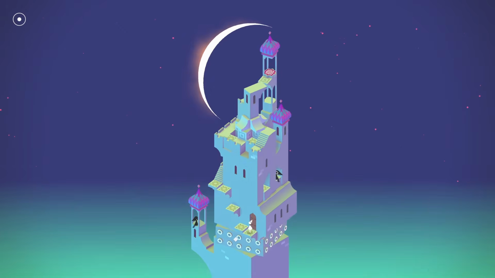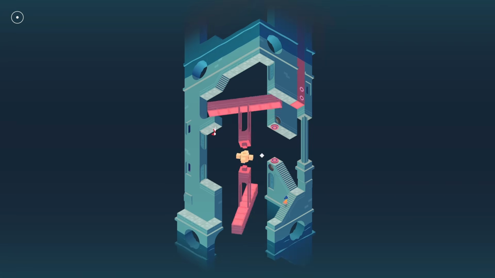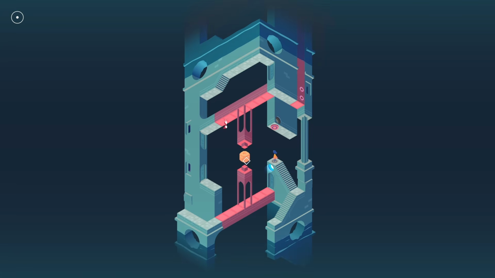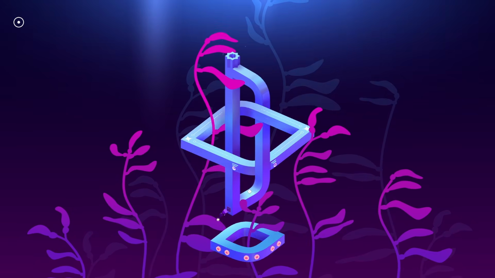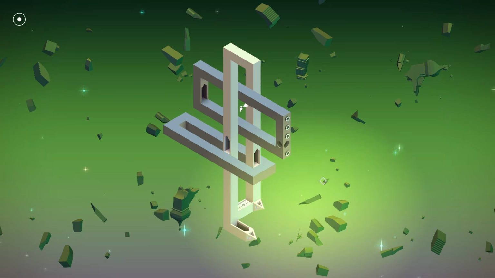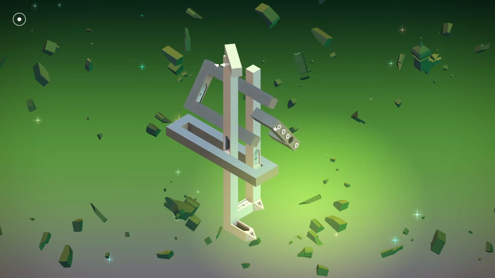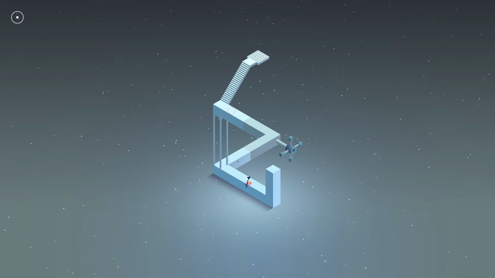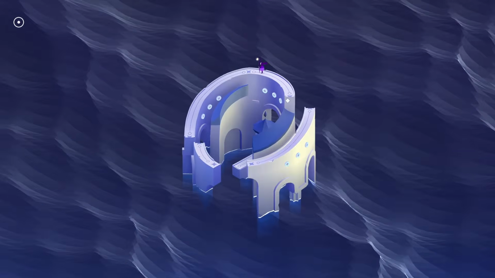The Monument Valley series has some of the most beautiful and vibrant puzzles ever committed to our medium. The core premise is an exploration of impossible geometry along the lines of the Penrose Triangle or the work of Dutch graphic artist MC Escher. The objective is to get your controllable characters to either a door or plinth that will end the level. Part of the challenge is being able to perceive the way forward for your character through the environment. This might mean moving a platform so that it becomes a traversable Penrose Triangle, or rotating the entire level to see it from a different perspective, thus lining up platforms.